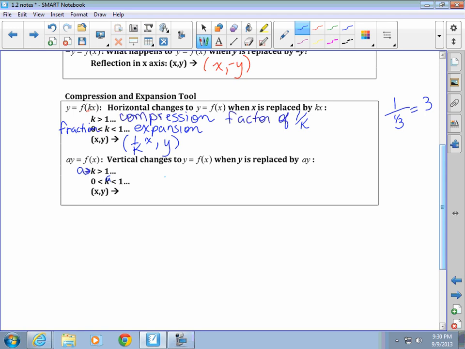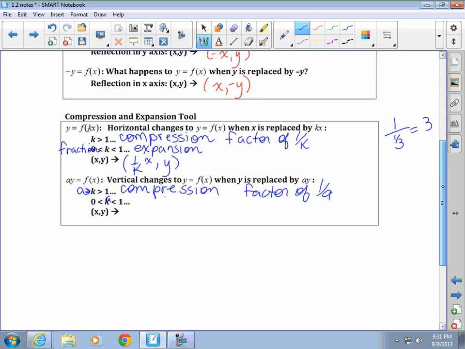So if a was greater than 1, we had a vertical compression, by a factor of 1 over a. So if it was a value of 3, then your graph got